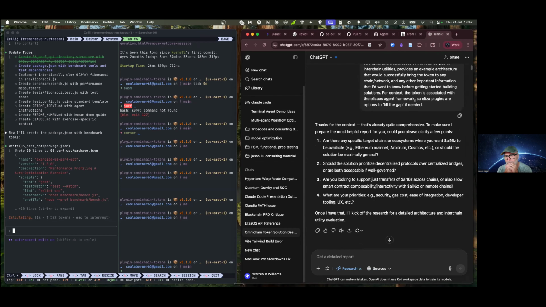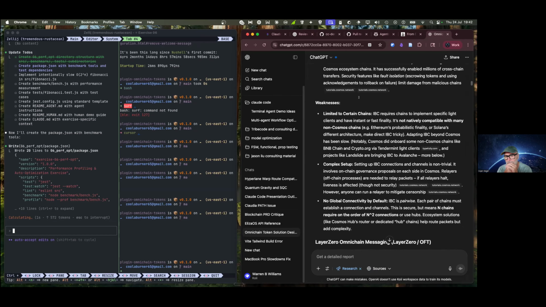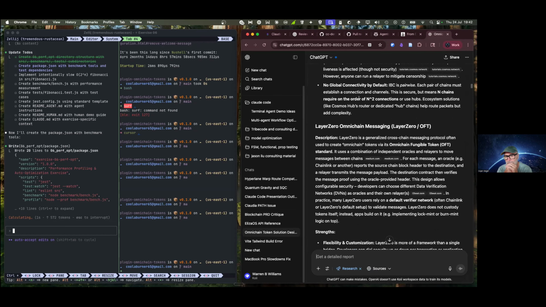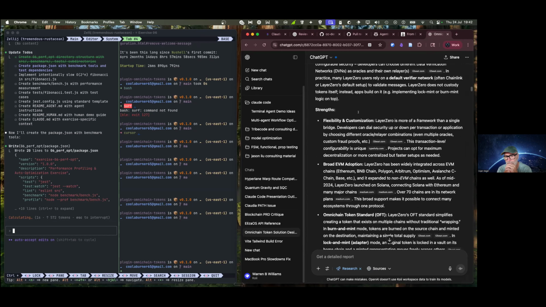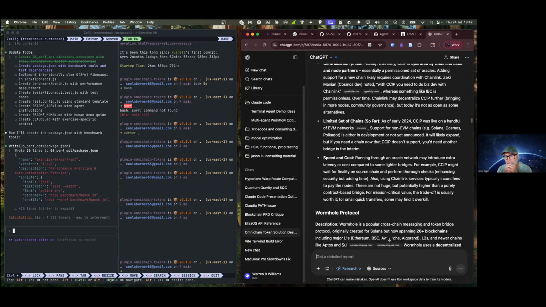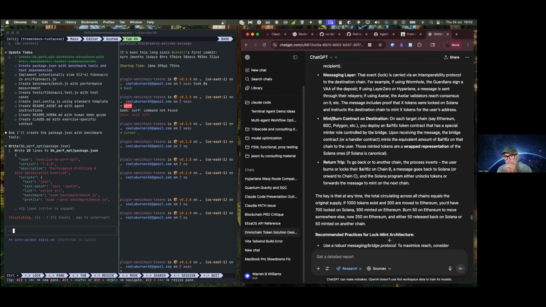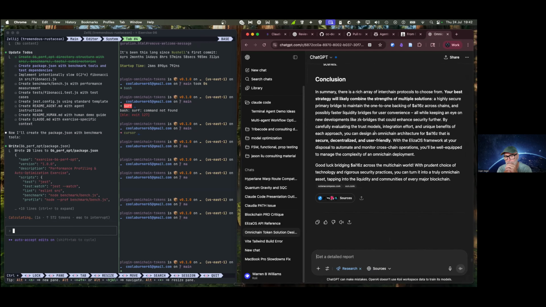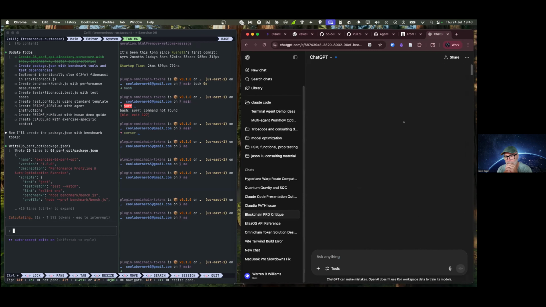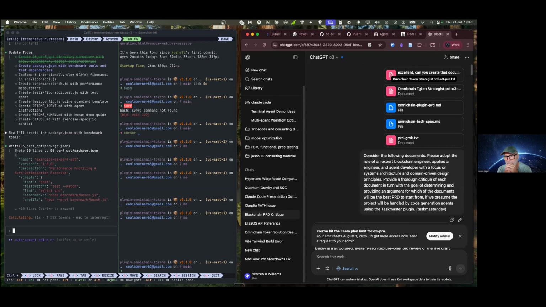Why don't you do a deep research run? And then the deep research run tells me all this stuff about the technology stack that I was thinking about in my head. I will read this whole thing. It mostly confirms the stuff that I want. We have a couple of examples there. Then I will take that report